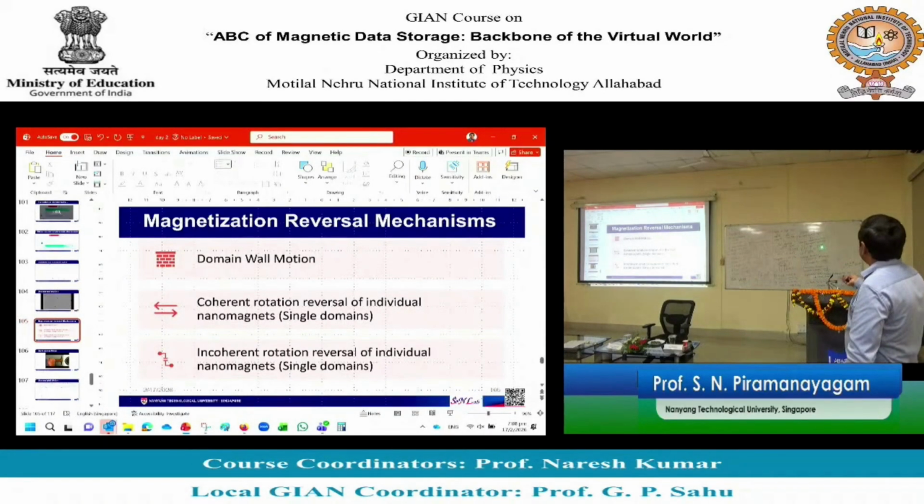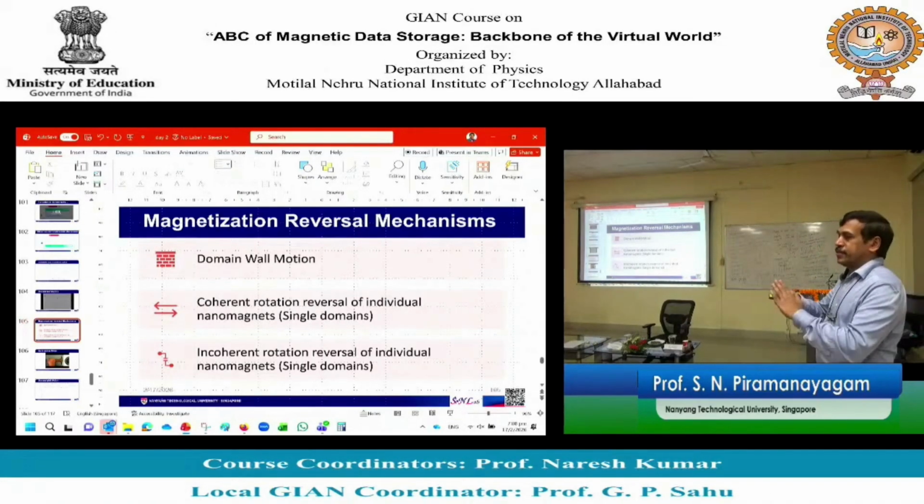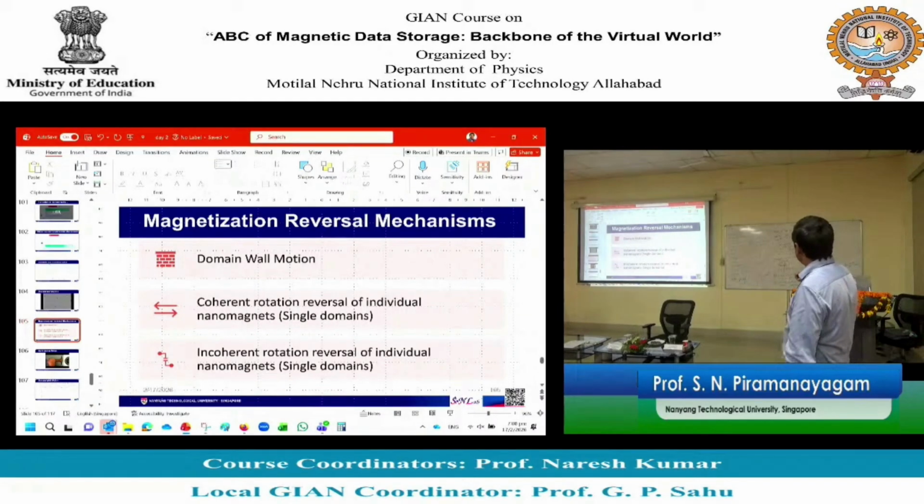But if you keep the north pole and south pole, and south pole and north pole next to each other, you minimize the energy. The magnets stick to each other and you minimize the energy, right. So, a similar thing happens. When you have too many parallel spins, the system may or may not form domains. So, what happens if you form domains? You minimize the magnetostatic energy, but you create domain walls, and